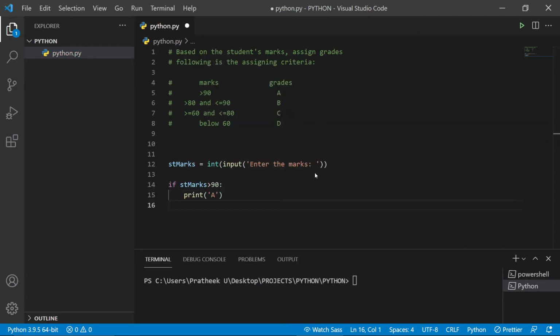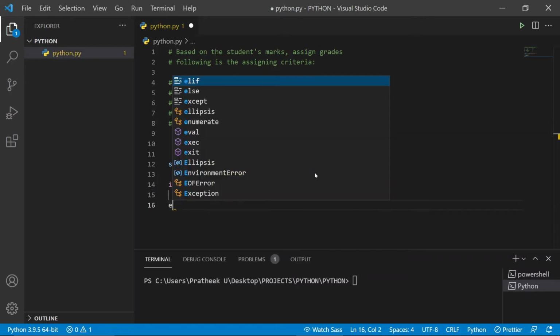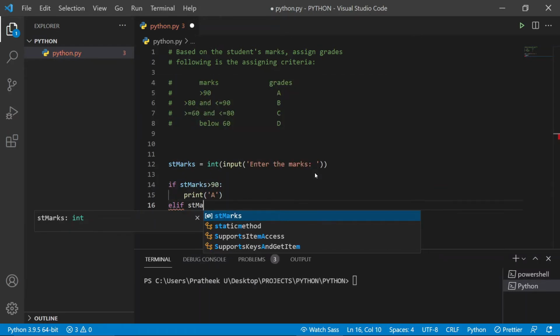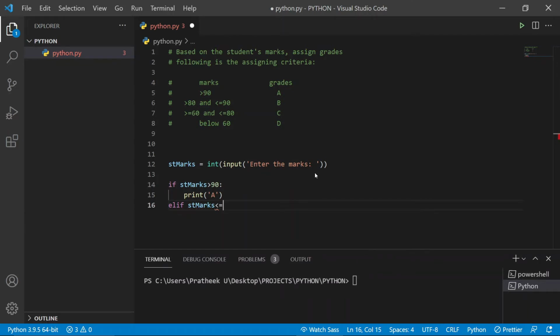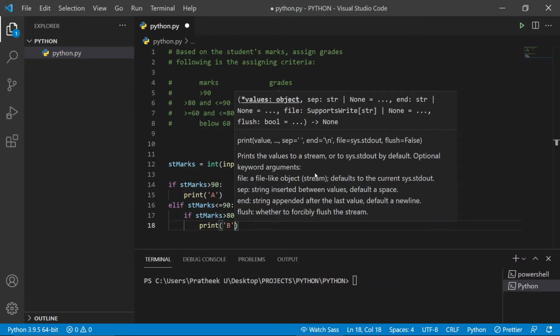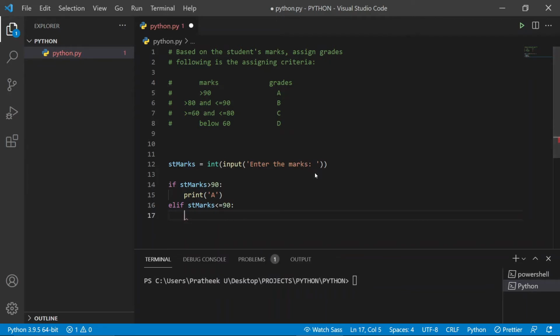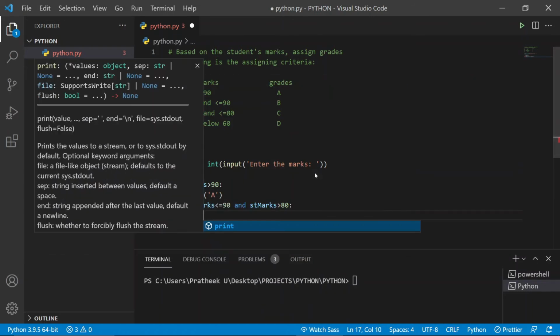And if this condition is not met, we'll put another condition saying elif st marks is less than equal to 90. And now here you can use and, or you can use a nested if, like elif st marks is less than 90, if st marks is greater than 80, and then print B. But why complicate things when you can make use of the AND operator, right? So we can type st marks less than equal to 90 and st marks is greater than 80,